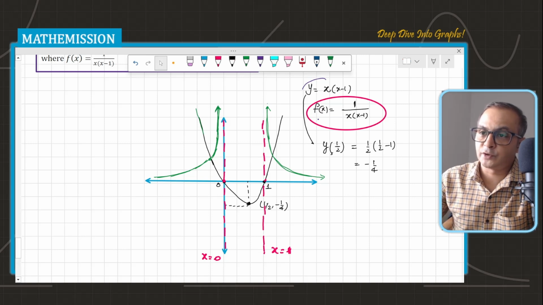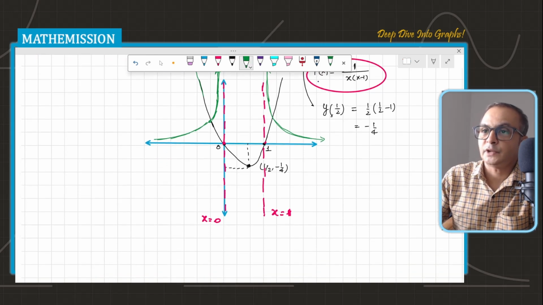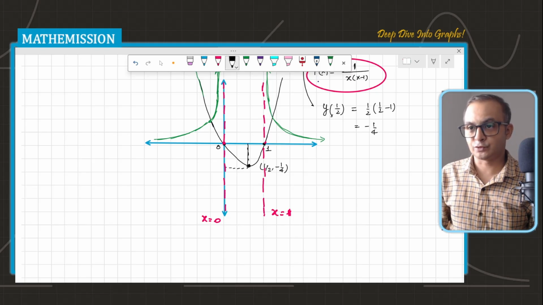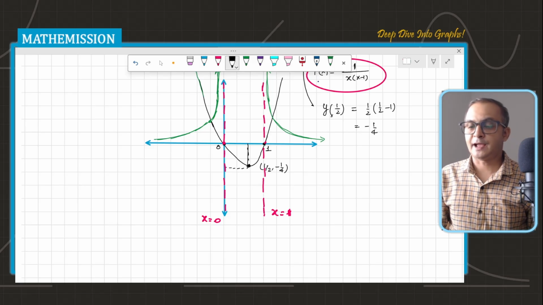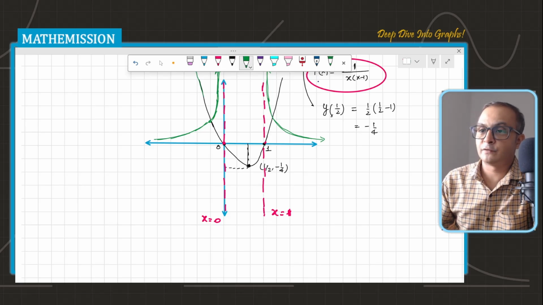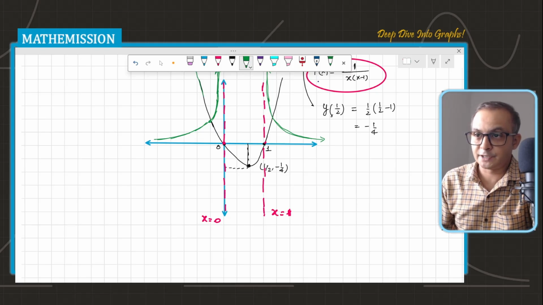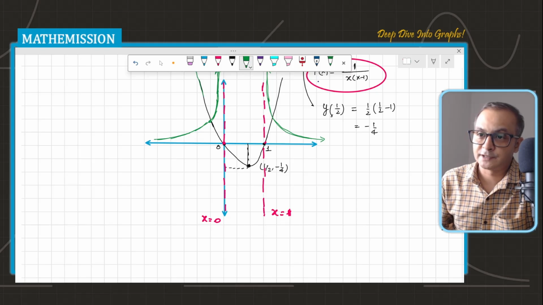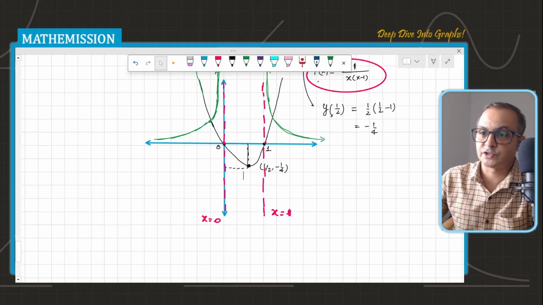For the lower part, you can see what is happening. At 1 by 2, the value of the original function is minus 1 by 4. So what will happen at 1 by 2? The reciprocal will give you the value minus 4. It is minus 1 by 4, so the reciprocal will be minus 4. So it will start moving from somewhere. Let me just extend this